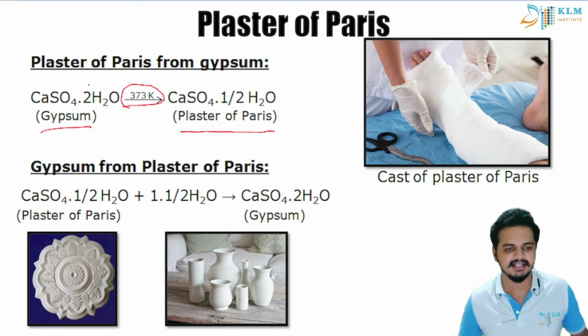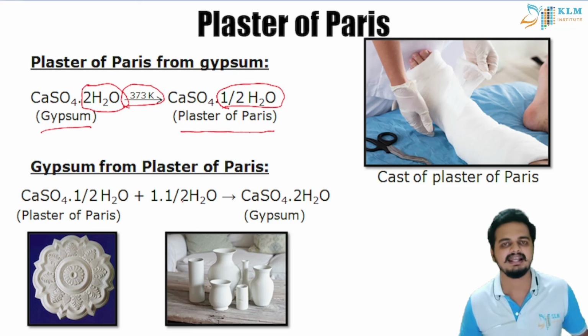You can see there are two water molecules in gypsum, and in the plaster of Paris there is just half a water molecule. In the same way, you make a powder of plaster of Paris, you can see here, and add water to it, and you get back gypsum again. So students, gypsum is very hard. So that's why we use it in the